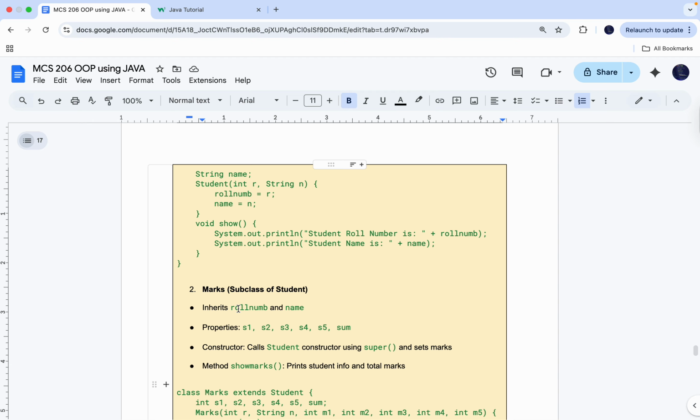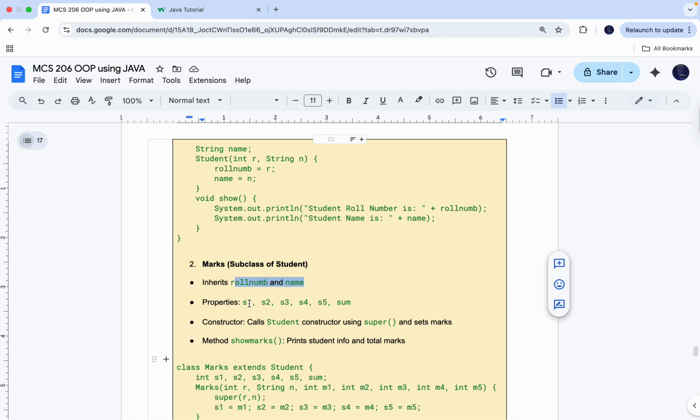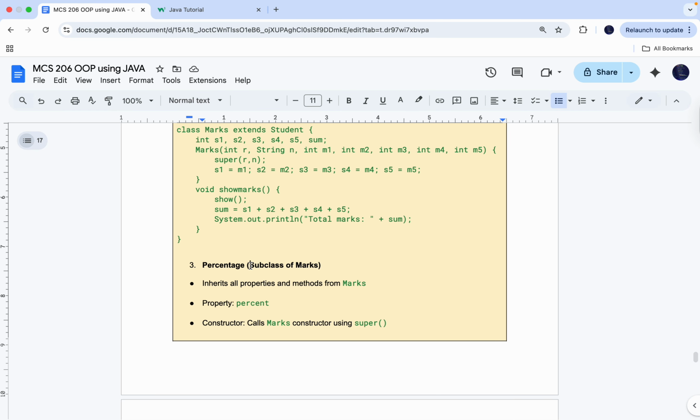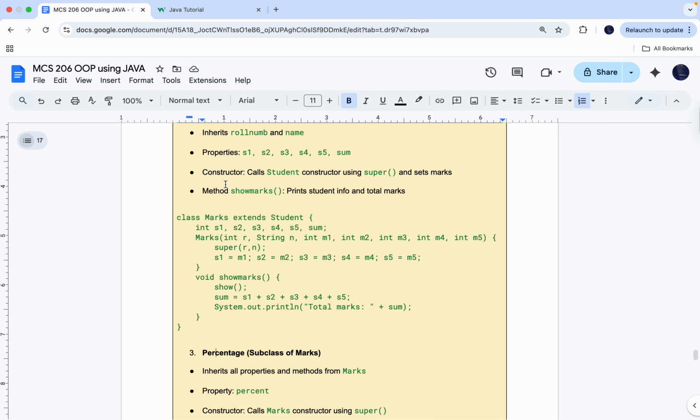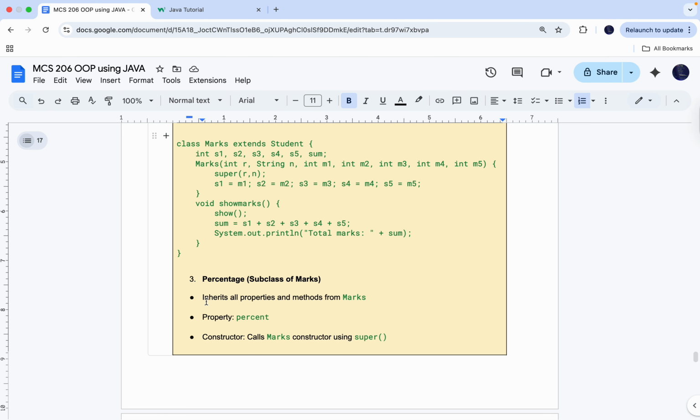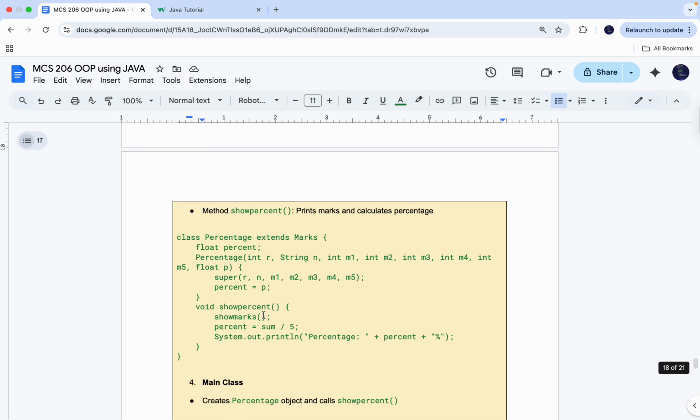मार्क्स के पास तो सब रहेगा, इनहेरिटेंस होकर आएगा रोल नंबर और नेम, खुद का अपना ये सारा प्रॉपर्टीज है। ठीक है, कंस्ट्रक्टर सुपर कॉल, using super set marks. This will help. परसेंटेज सब क्लास ऑफ मार्क्स। ठीक है, अब ये सब क्लास हो जाएगा, परसेंटेज का सुपर क्लास होगा ये मार्क्स। मार्क्स में क्या क्या प्रॉपर्टीज आ जाएगा, तो इसके पास inherits all the properties and methods from the marks, properties, परसेंटेज, ऐसे हो जाएगा।